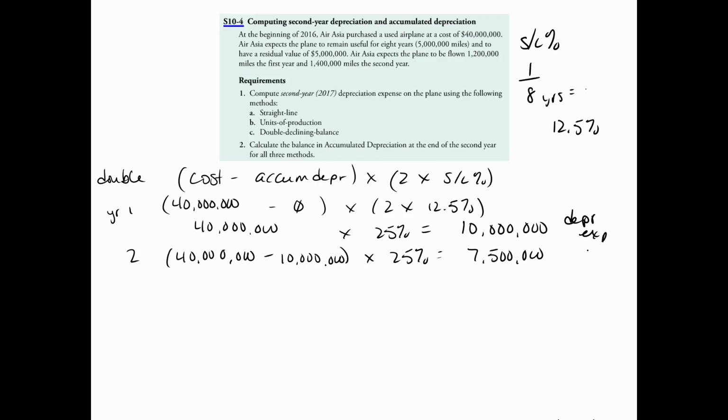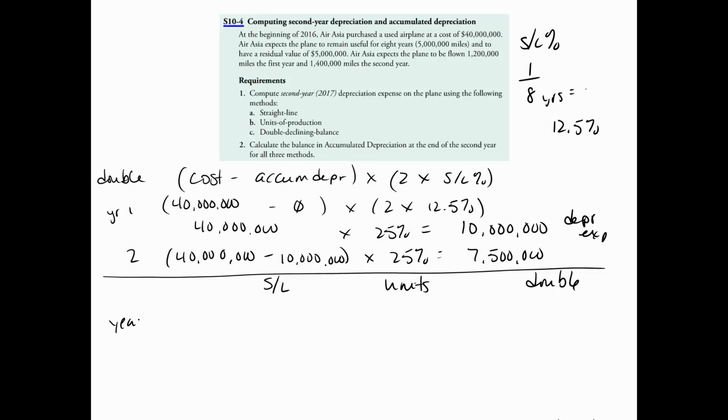And then the last part of the question here asks us to calculate the balance in accumulated depreciation at the end of the second year. So if we did straight line, units, and double, year 1, year 2, total. So let's just do double declining because we've got it right here. 10 million in year 1, 7.5 in year 2, so I've got 17.5 at the end of the second year,